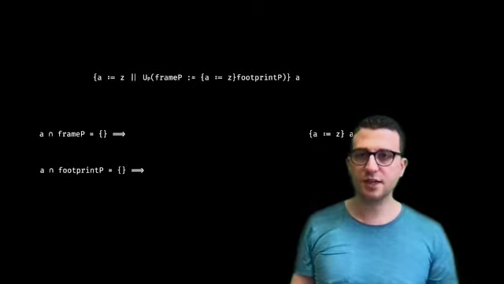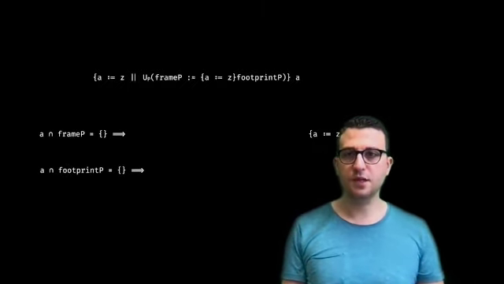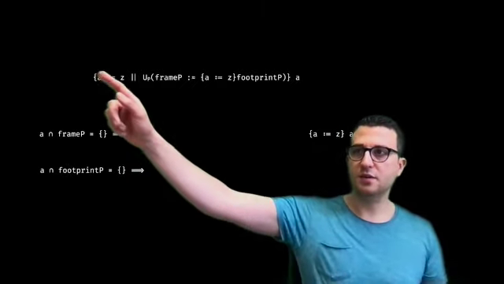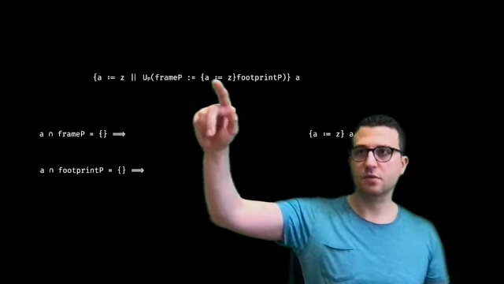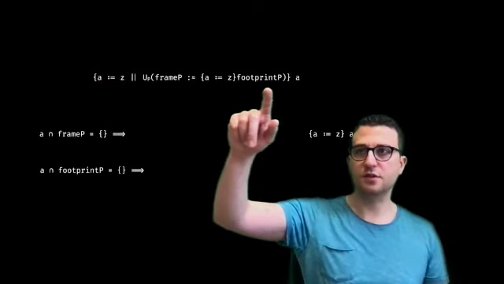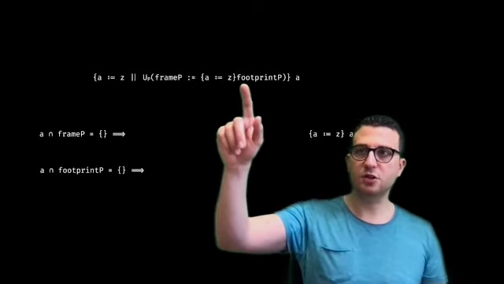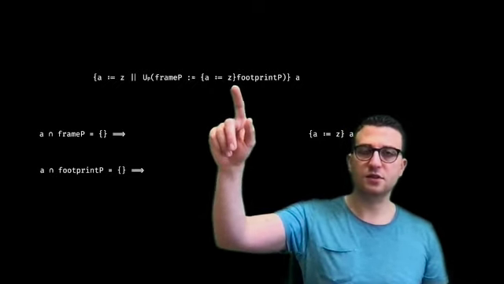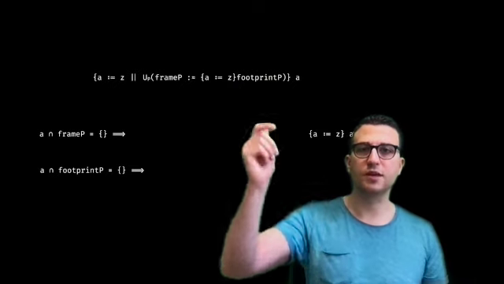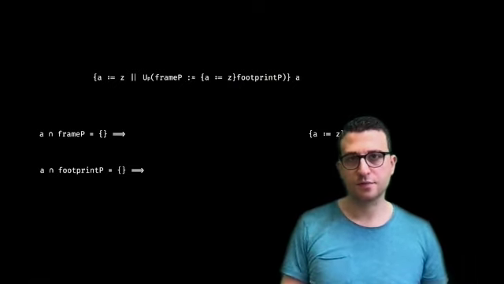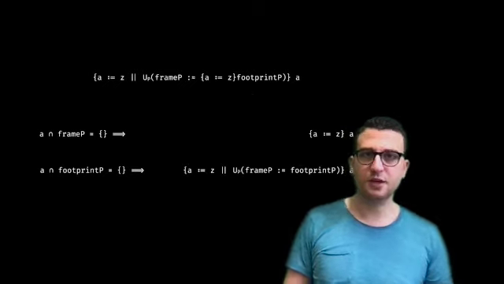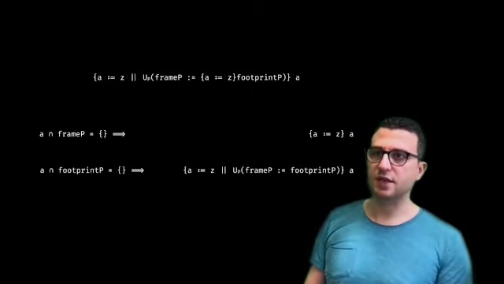If this is not the case, so A could be in frame P, but we know that this A here is not in footprint P, then we can drop this initial update here, right? Since it is irrelevant for the locations that are read by our abstract update instantiations, and we get a little bit simpler expression.